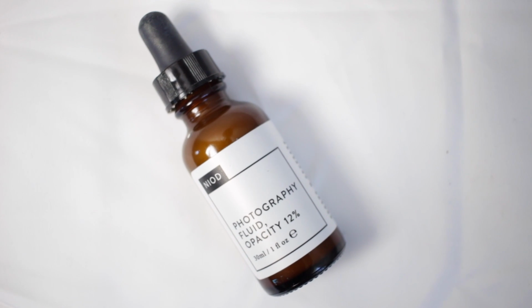So the first thing I do with my routine is I've been using this Photography Fluid Opacity 12% from NIOD, and it's supposed to help make you look amazing in pictures. I use it even if I'm not gonna be photographed, just because why not? And I only put a few drops on because I find that it definitely can dry my skin out a little bit. So I usually will put some on my forehead,